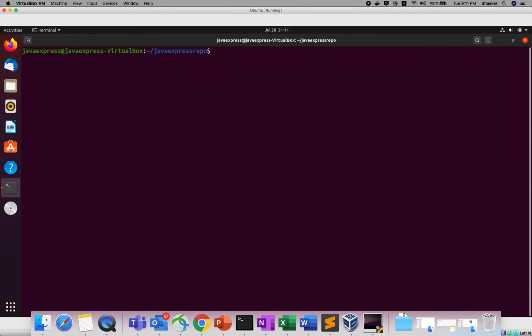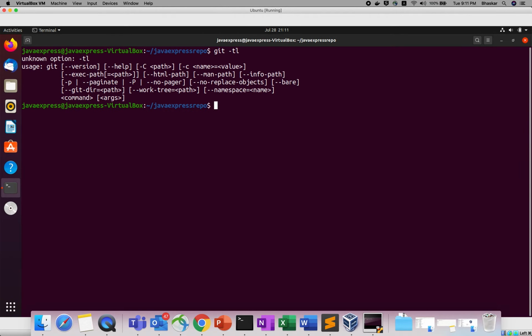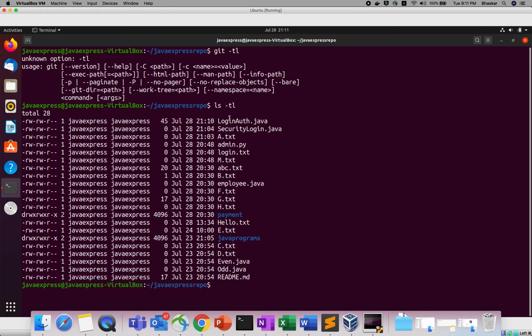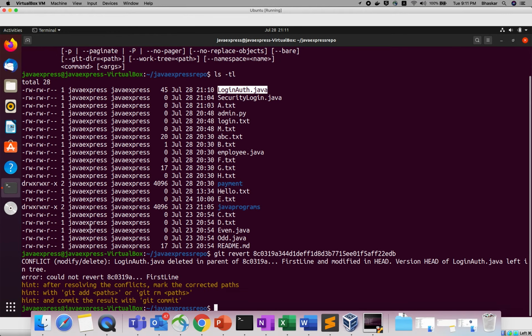Okay, now ls -tl, this is my recently modified file, login auth.java. So what I will do, git revert, let me paste your commit id. See, there is a conflict: login auth.java deleted in the parent, the first line, and modified in the head version.